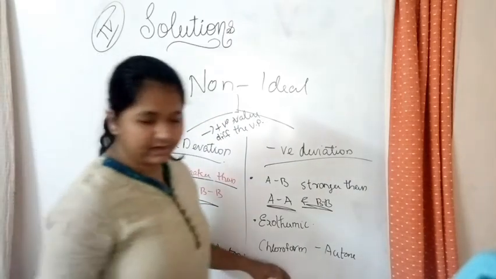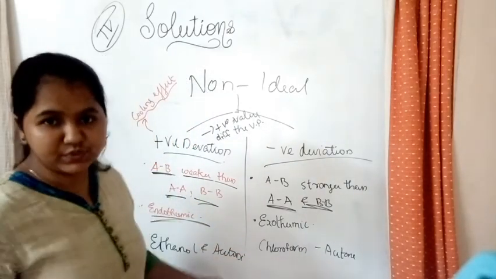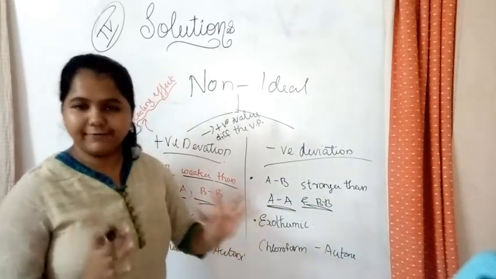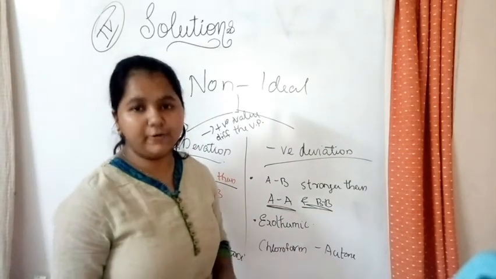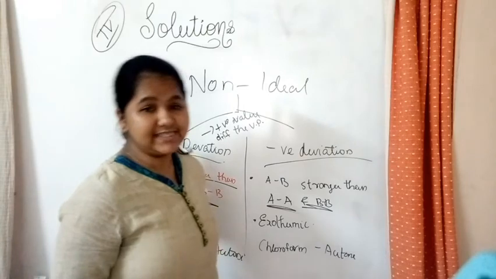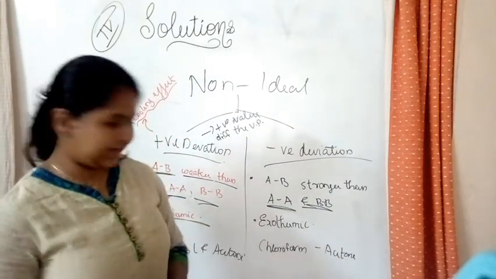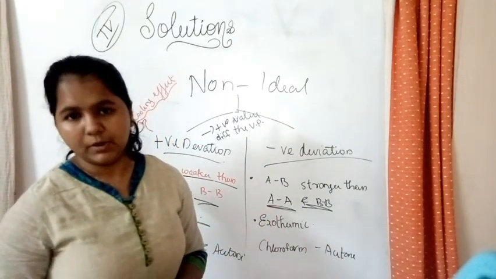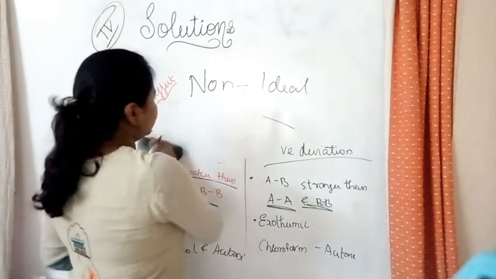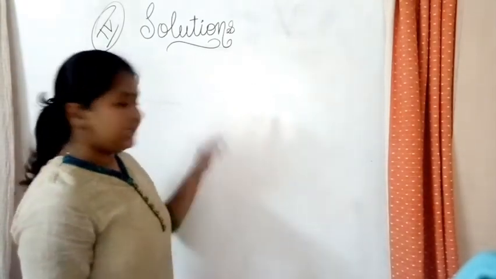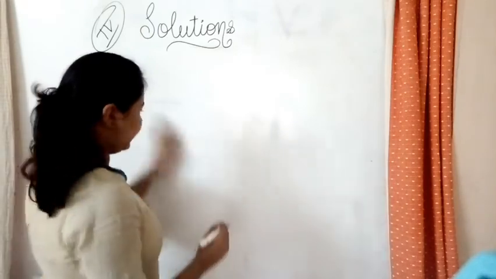And over here, there are more examples. I just mentioned one just to give you a rough idea. And the next one is chloroform and acetone. So let us see why this is an exothermic reaction. What kind of bond does it form? So let's see what that is. Now let's draw the chloroform example and acetone example.